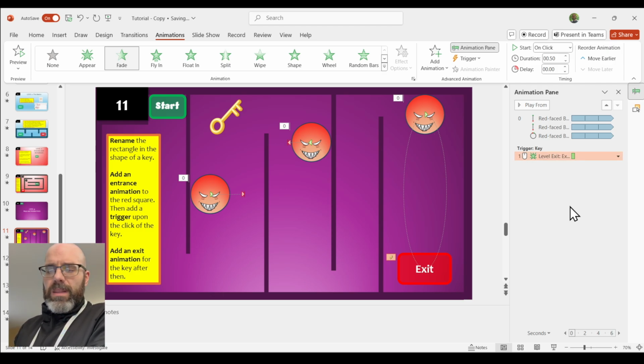And what happened there, I'm not sure if you caught it or not, but what happened is now that animation down here got its own little area called trigger key. And what's cool with that is I can add as many animations under this trigger as I want. So not only will clicking the key make the exit appear, but I can now throw in some other animations and I can drag them down here and have multiple things happen at once. But first, let's just make sure this trigger worked. So I'm going to present